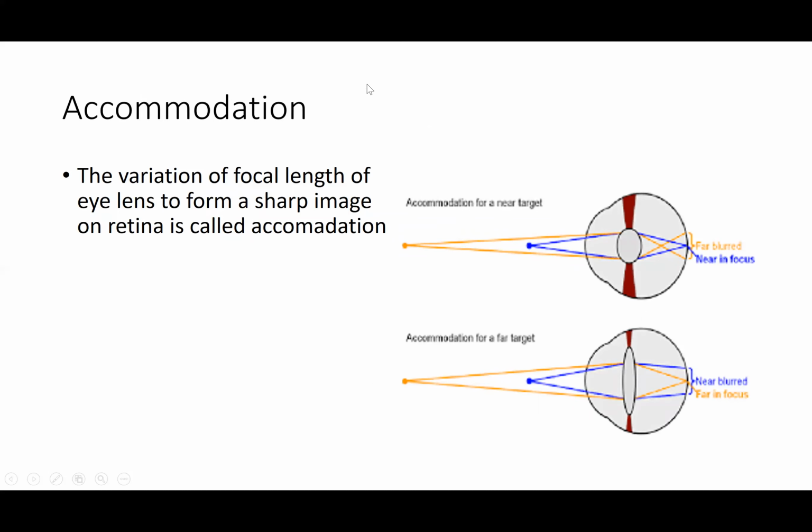Accommodation. The variation of focal length of the eye lens to form a sharp image on the retina is called accommodation.